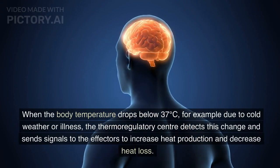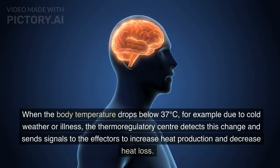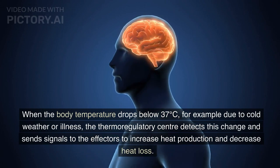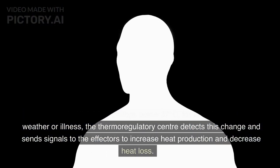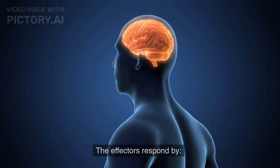When the body temperature drops below 37 degrees Celsius, for example due to cold weather or illness, the thermoregulatory center detects this change and sends signals to the effectors to increase heat production and decrease heat loss. The effectors respond by